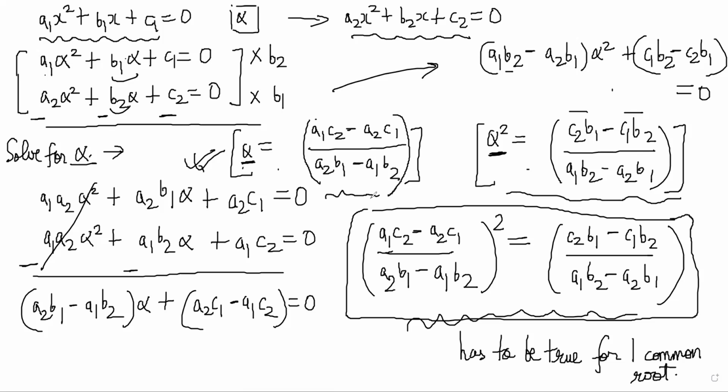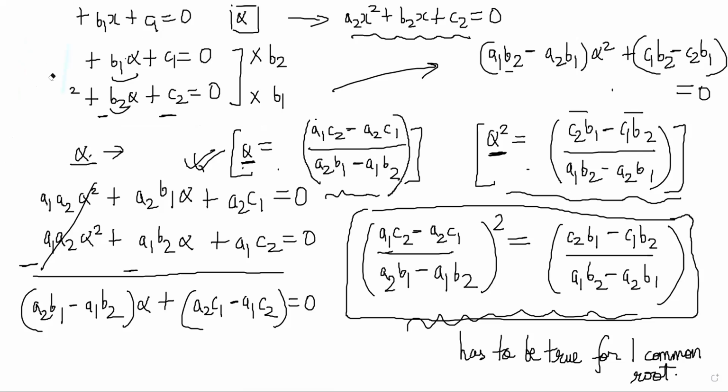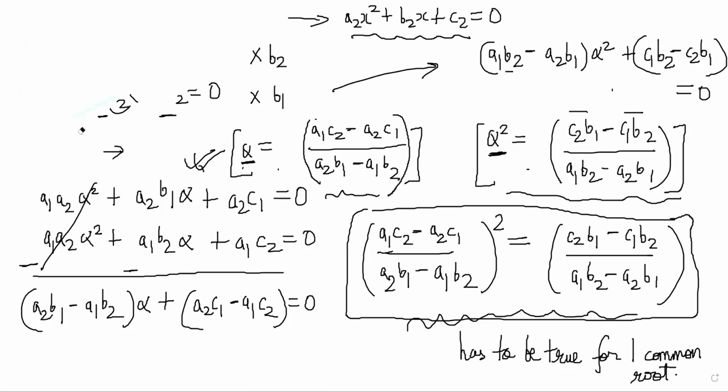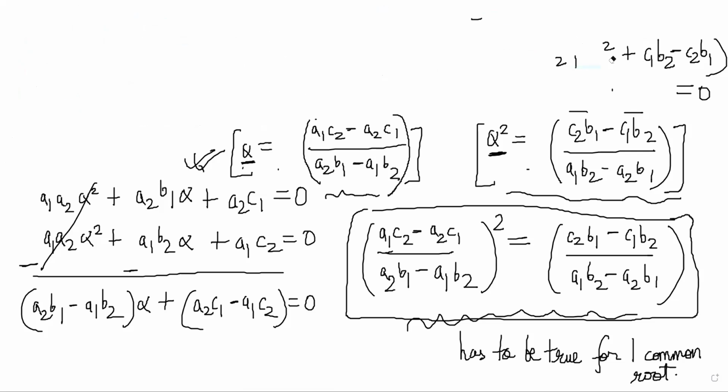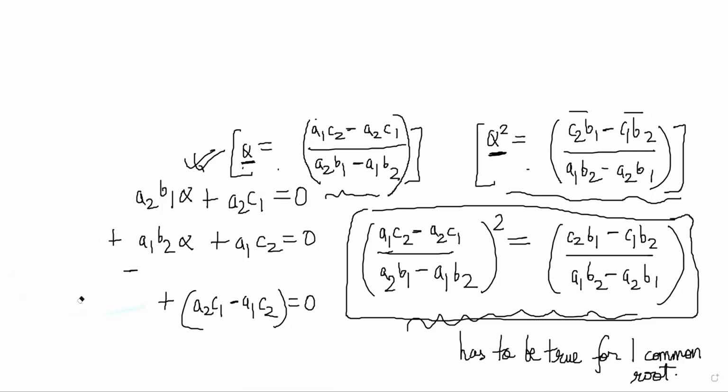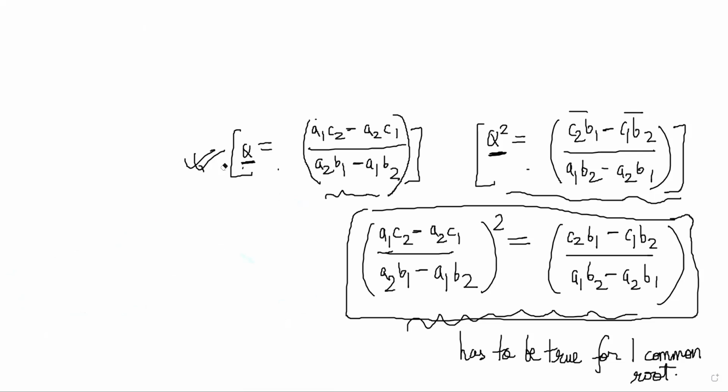Now we will check this result for a simple case and see whether it comes out to be true, so that we are convinced that it is correct. Obviously, I don't expect you to remember this square thing. The subtraction is the most important. You're expected to derive it yourself. Whenever the question is given, you are expected to do the steps that I did, the subtractions and all, and getting the alpha.